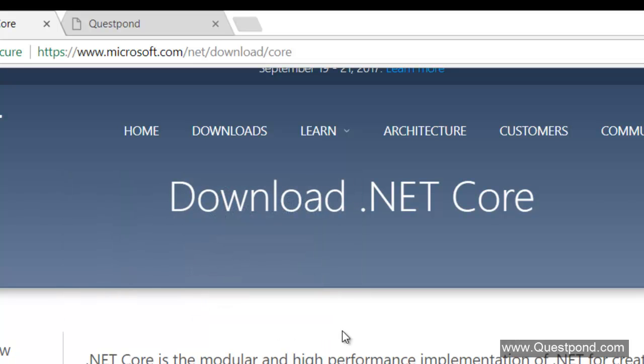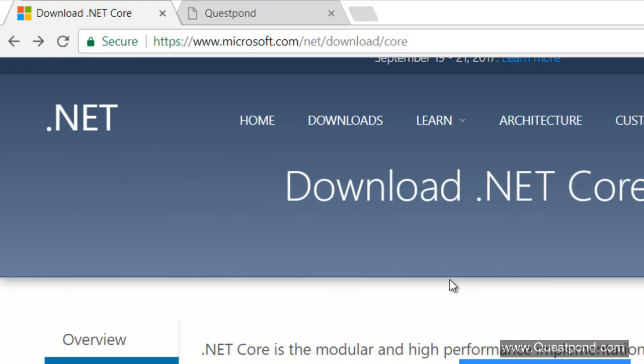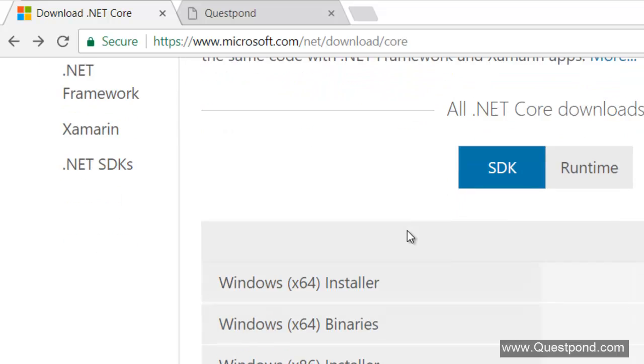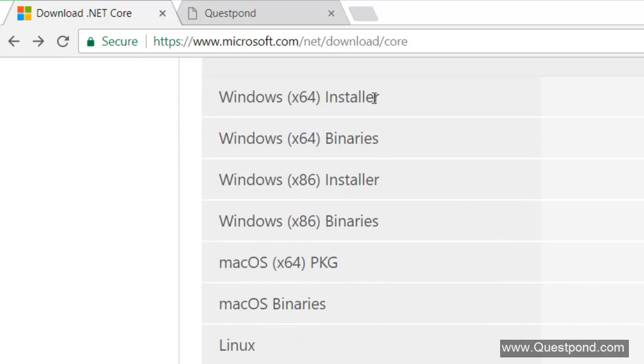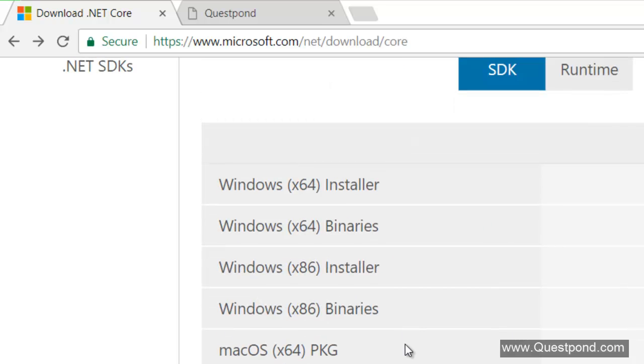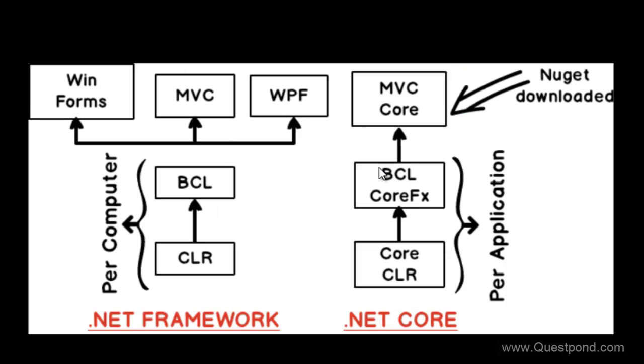So the first thing, if I want to develop anything on .NET Core, I need to first get the SDK. You can see here the .NET Core SDK. So you have an SDK for Windows, for Mac, and for Linux. Depending on which platform you want to develop on, you have to download these SDKs. Now, before we go into .NET Core, create a project and show some demos,